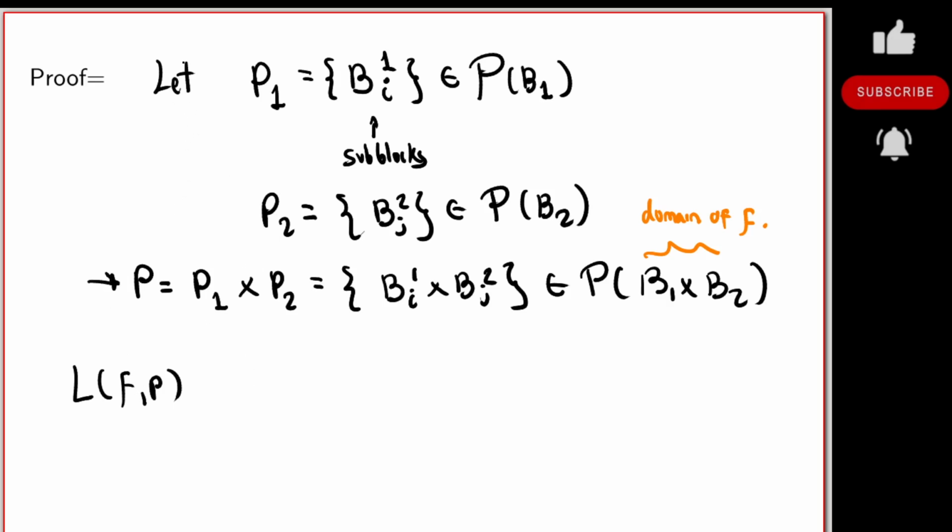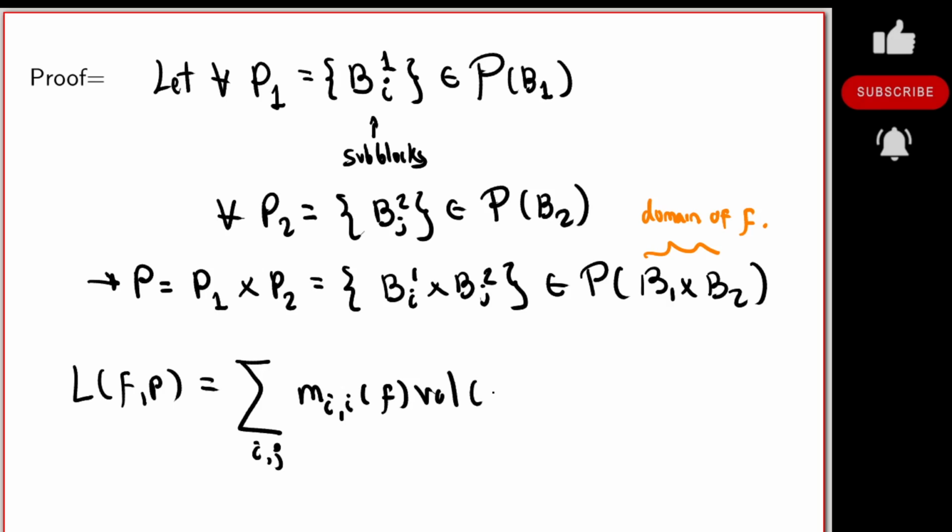So this was for any two partitions of V1 and V2. So this we get by definition here. So the lower sum is the sum with the volume of